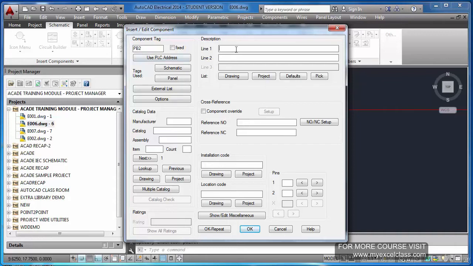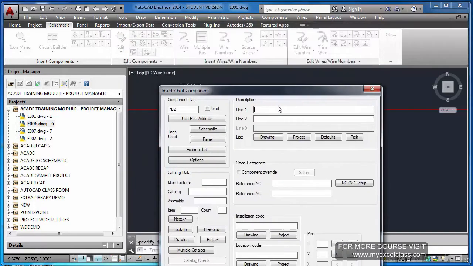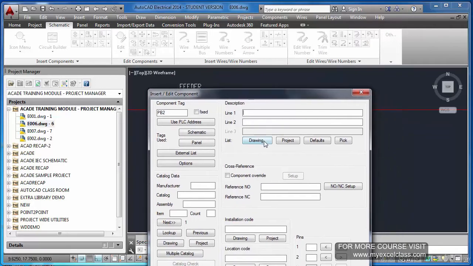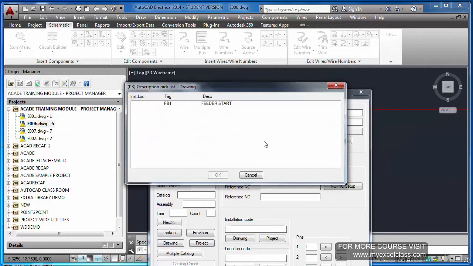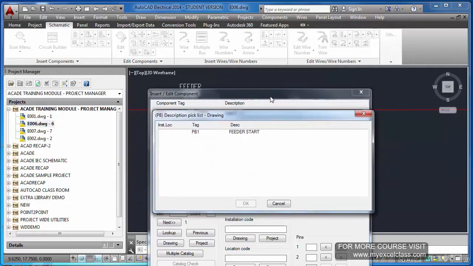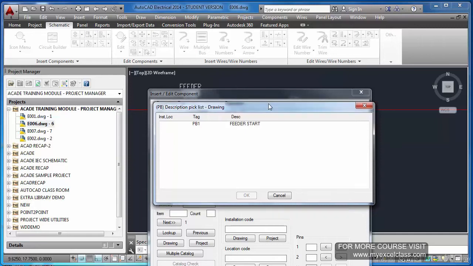And you can type the description again for this. And in fact, if you want the same description to be copied into the second one, as we did in the first case, you can pick the drawing. You will get whatever descriptions you have used in this sheet for a push button.